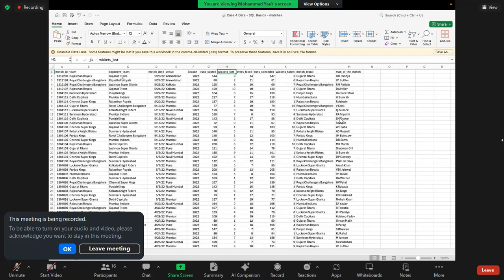And in scoring 144 runs, Rajasthan Royals lost 9 wickets. Okay, and they played for 14 overs. So they scored 144 runs for the loss of 9 wickets in 14 overs, and they conceded 147 runs. So everything is according to the team. So 147 runs were scored by Gujarat Titans,